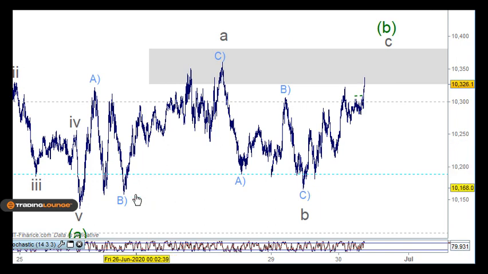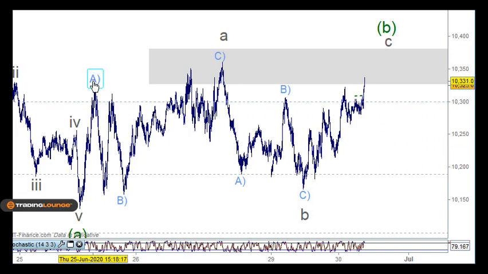So we can count in this little leg here. Let's just pull it apart. We can count 1 and 2 and 3 and 4 and 5 in here. We can also get this as an ABC pullback. We could also get 1, 2, 3, 4 and 5 into this one here, and then we've got this pullback here which overlaps this top one quite deeply, and then a move up here. So we've got 5 waves here, we've got 5 waves here, and we've got 5 waves here. So we could look at this here as